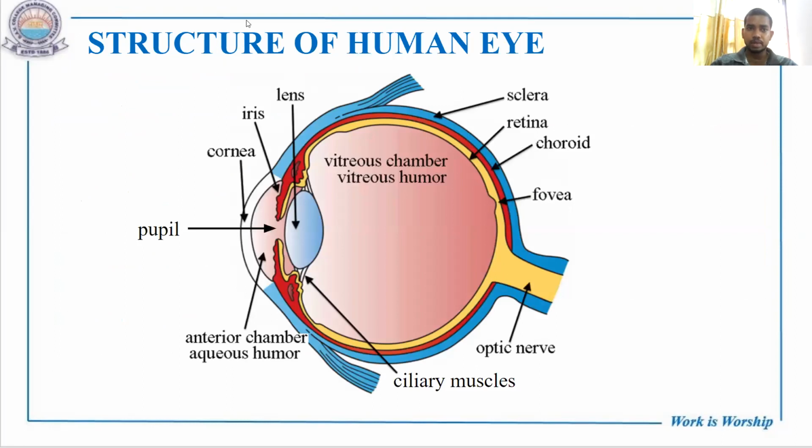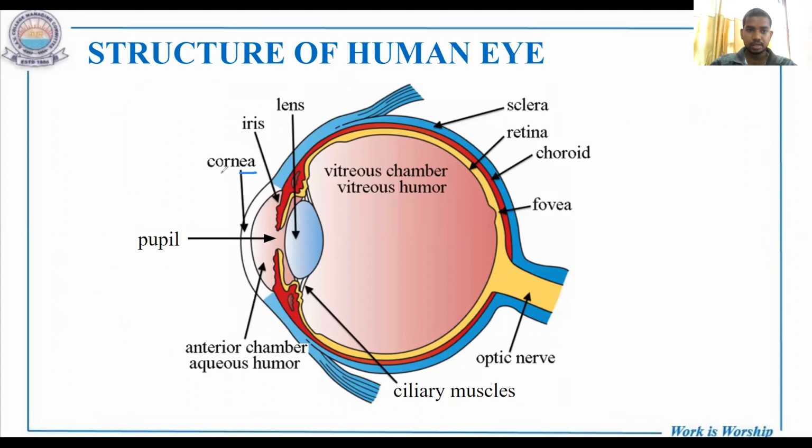This is the typical diagram of the human eye with its various labelling. You can see the first part. The outermost part is the cornea, through which light enters into the eye, and it is a transparent membrane. And then after entering, it will pass through the anterior chamber or aqueous humor, and then it will pass through the gap between the iris, that is the pupil, and there is the iris, and after the iris we'll get the